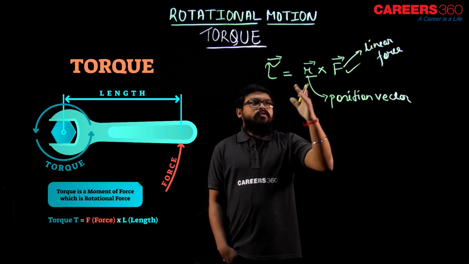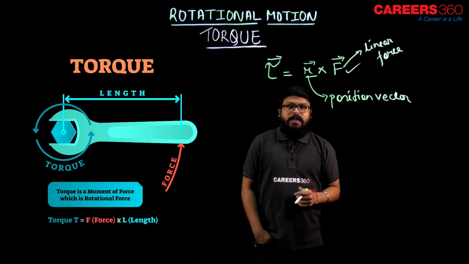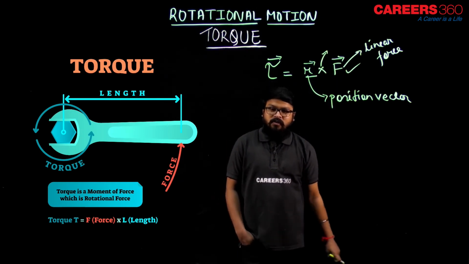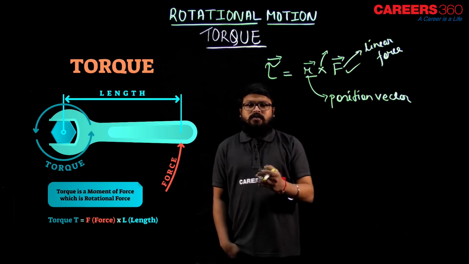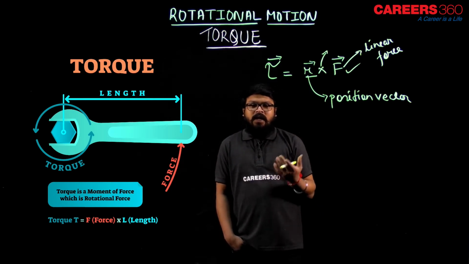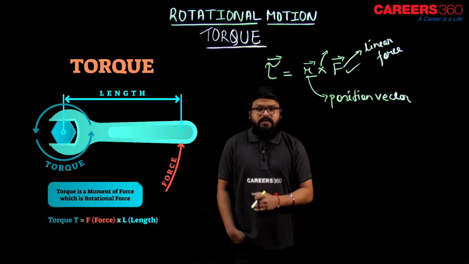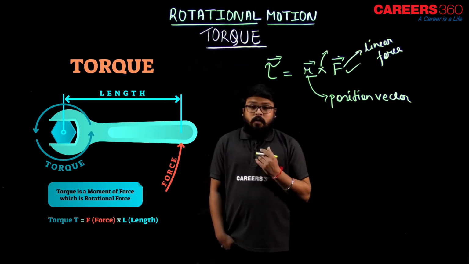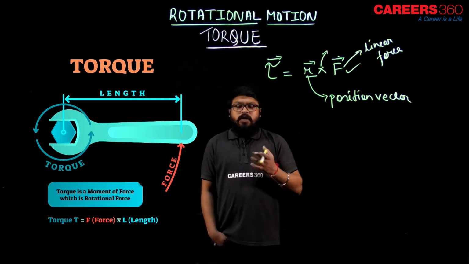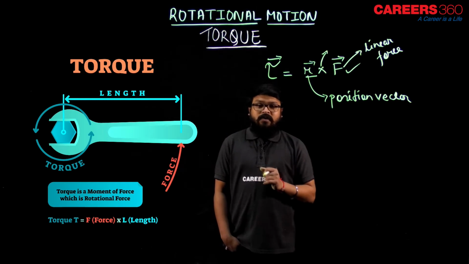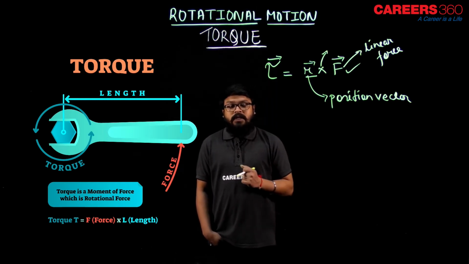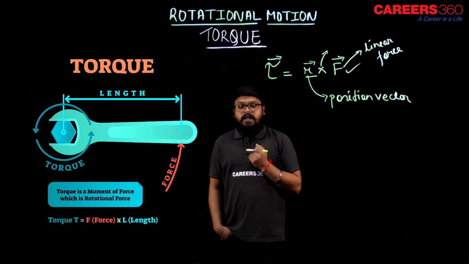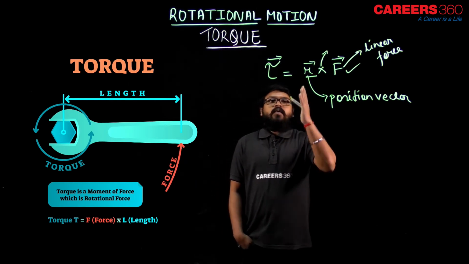Now, if those two are vector quantities and we are expressing them in terms of a cross product or vector product, the product obtained is also a vector quantity. As we have already discussed in the previous topic, that vector quantity's direction would be normal or perpendicular to the plane containing the two vectors A and B, over here R and